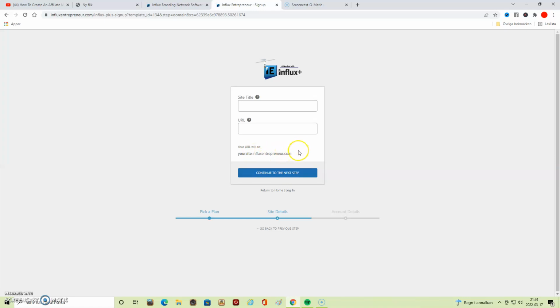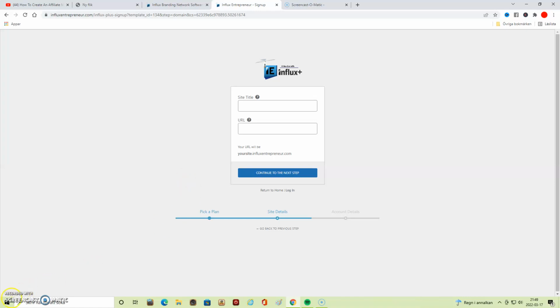And to the next step, then you get an email saying that you're a member now, and you can get started and getting into the back office of WordPress, because you manage everything through WordPress.